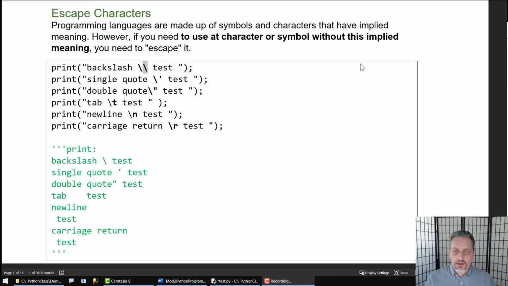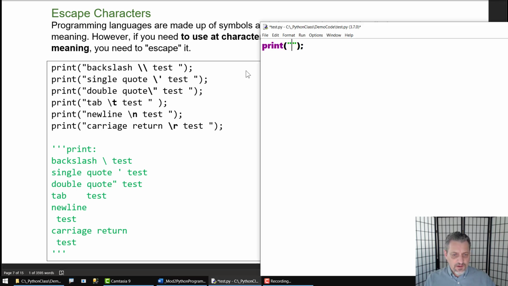Let's change the subject and talk about escape characters. An escape character is a way of telling the computer that you would like to change the behavior of a symbol or character. So for example, the behavior of a backslash or a single quote or a double quote, or T, may need to be changed. So let me just give you an example. Let's say I have some text. It's not that fancy, and I put a T in there